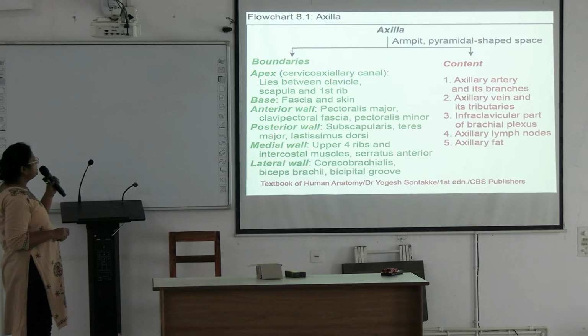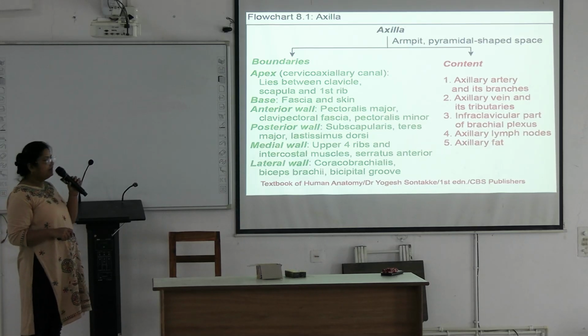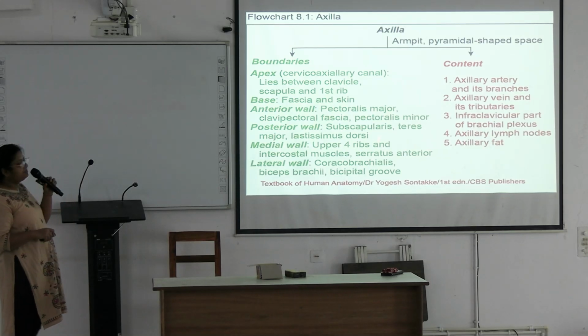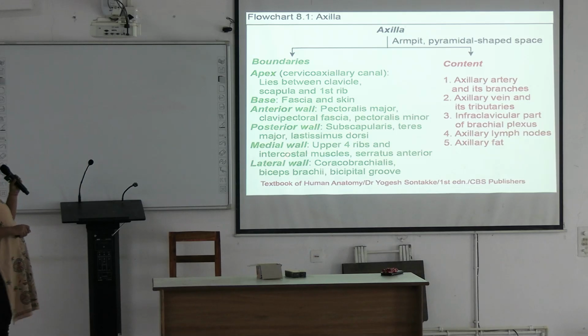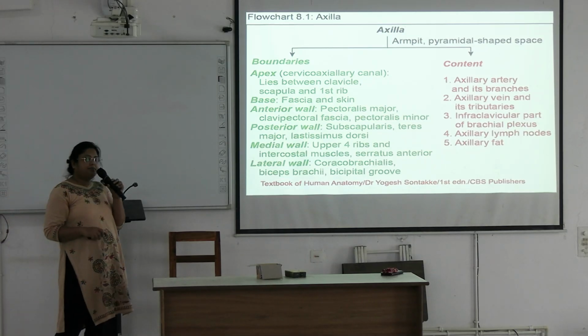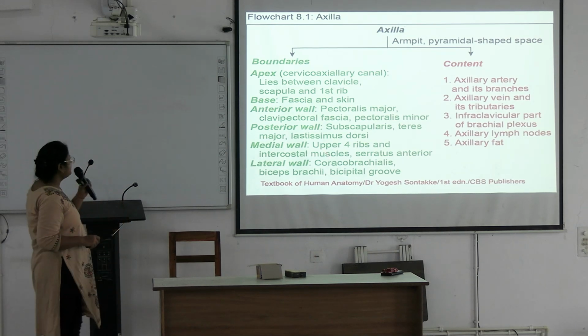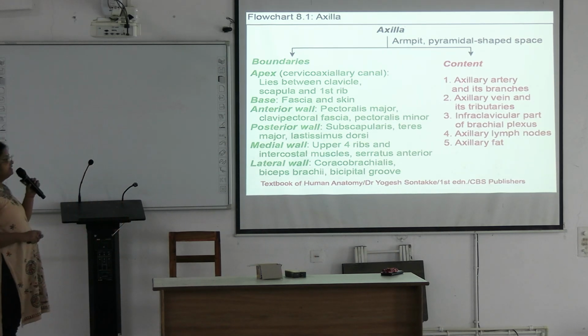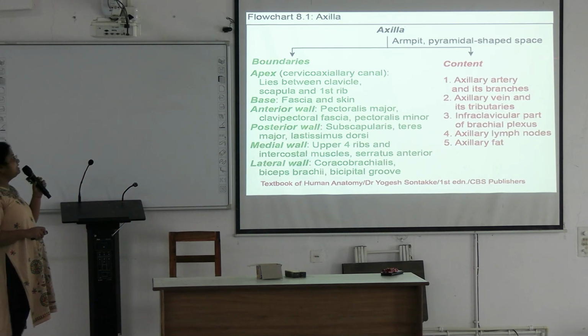minor, and posterior wall is formed by the subscapularis, teres major and latissimus dorsi, and medial wall is formed by upper four ribs and intercostal muscles and the serratus anterior, and lateral wall is formed by coracobrachialis, biceps brachii and the bicipital groove. Okay. So these are the boundaries of the axilla, and here are the contents: axillary artery and